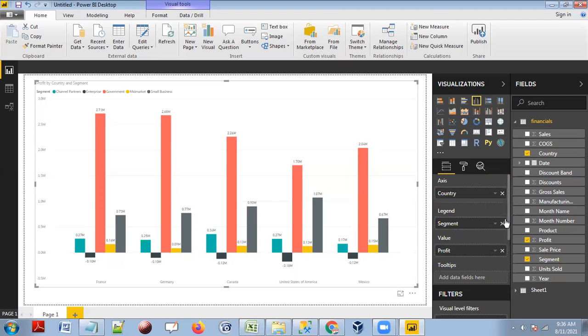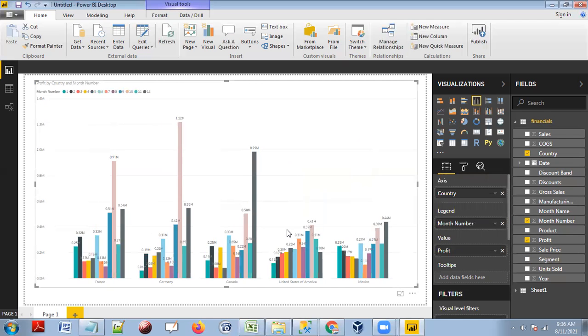And can I add one more legend here? Yeah, just 1 minute. And the month name. See now here, only one legend we are adding here. So now here, in France, in every month wise, you see that 1 to 12 months are there. So this blue one represents 1 month, and second month, third month, fourth month. This is all the different months. In France, this is all the different months. And the 10th month, we are seeing such a huge profits in France and Germany. In the 12th month, there is a profit in Canada.